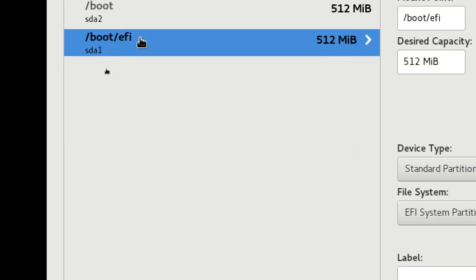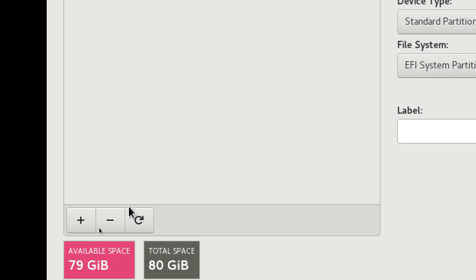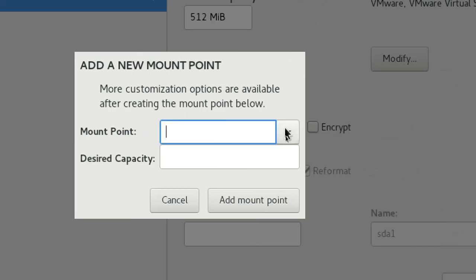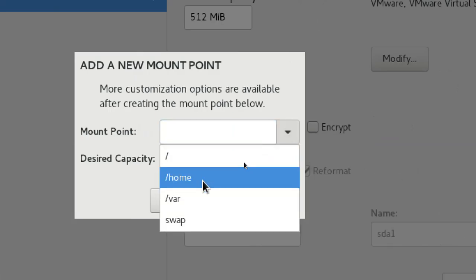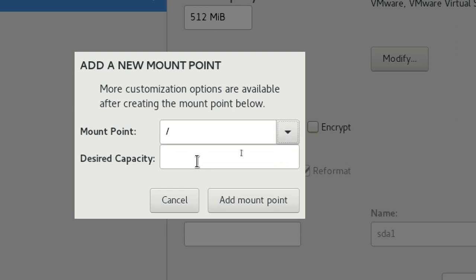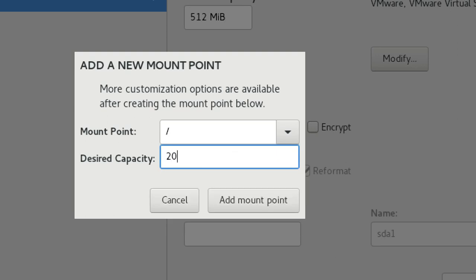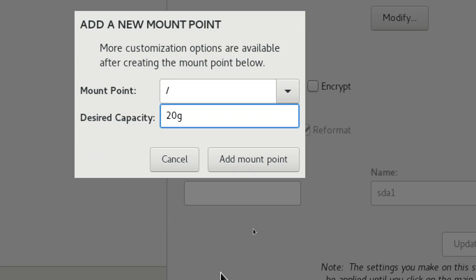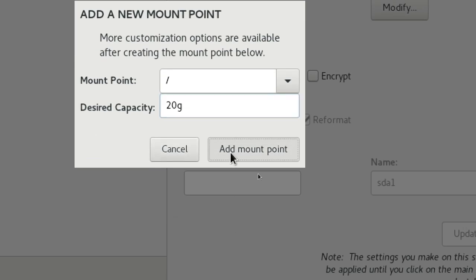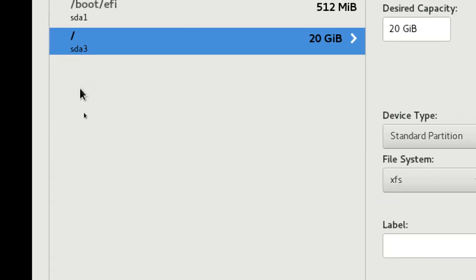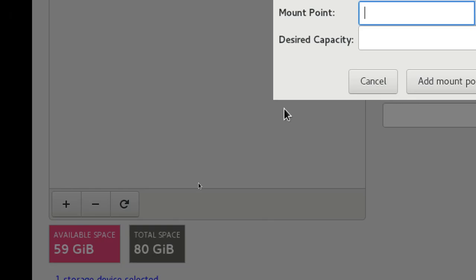Because of UEFI, I'm giving two boot partitions. I have 80 GB space, no problem. I'm giving slash 20 GB. Just 20 GB is enough. It will understand. Okay, next.